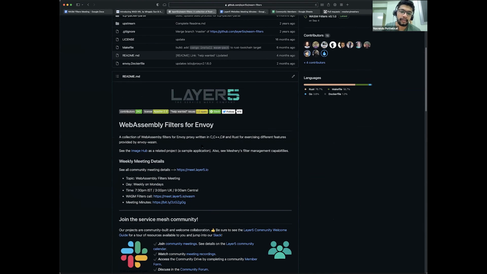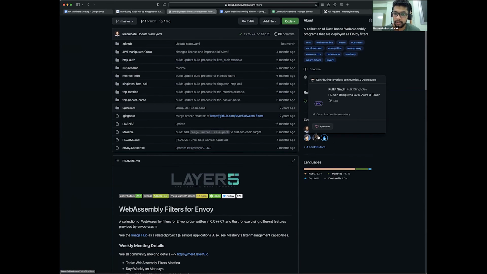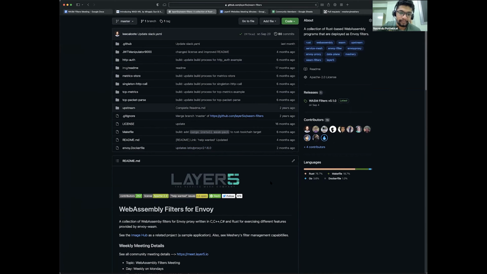What we need to discuss here is how we should create a template for creating new filter files so that users can come in and contribute filters.